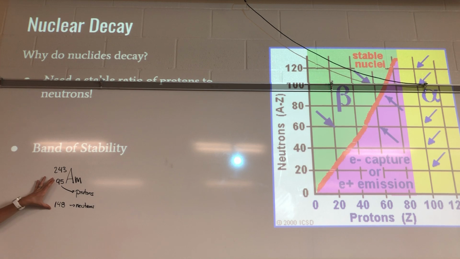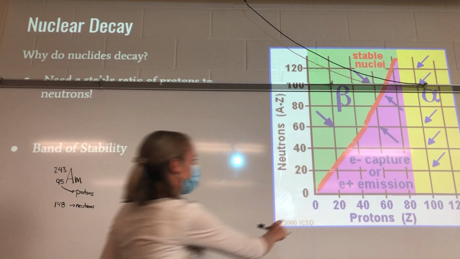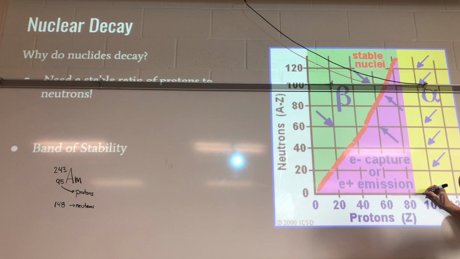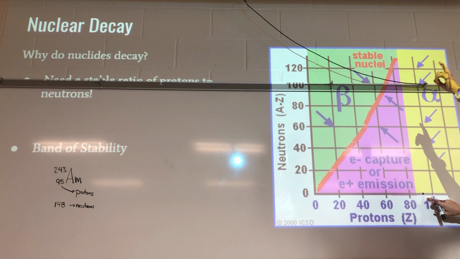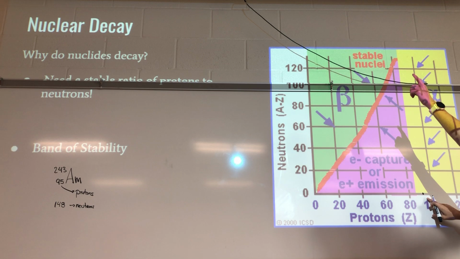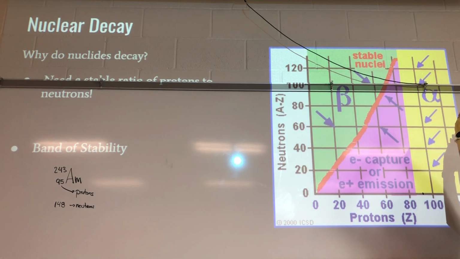Okay. Protons, neutrons. Now here's the biggest mistake I see made: students will just take these two numbers and throw those on the graph. You've got to find the neutrons. So now we go to 95 protons. So I'm about right here-ish. Okay, and then we're at 148, which is off my graph. I picked a bad example, but we can go with it anyways. Okay, and then if I connect those two, we would see where it lines up in terms of our line